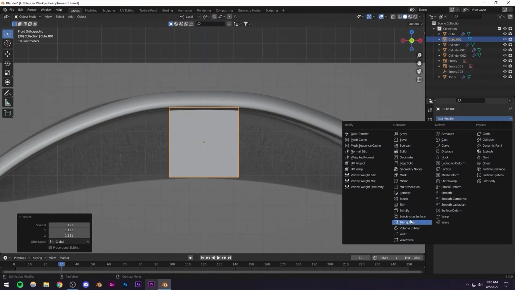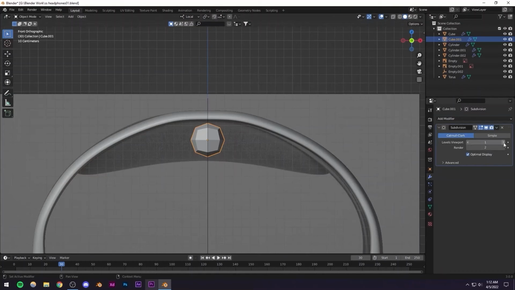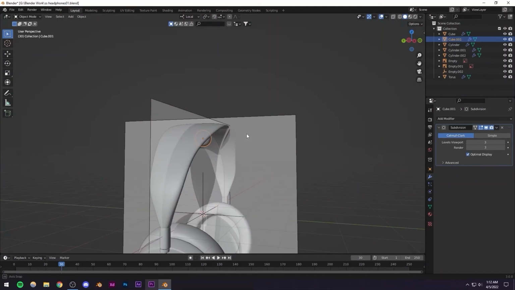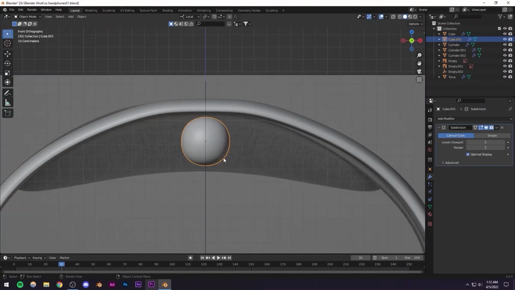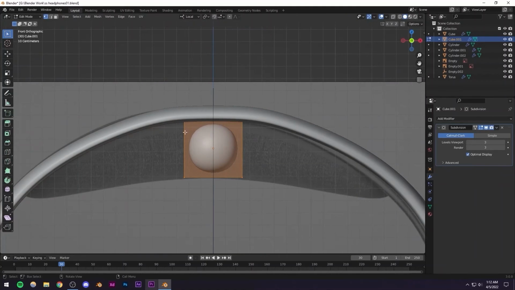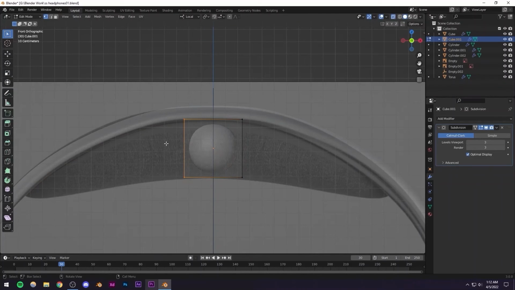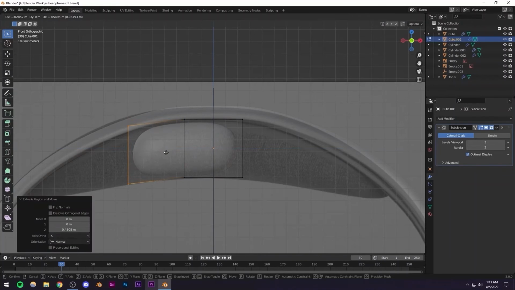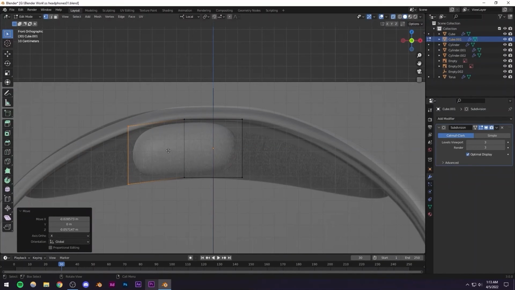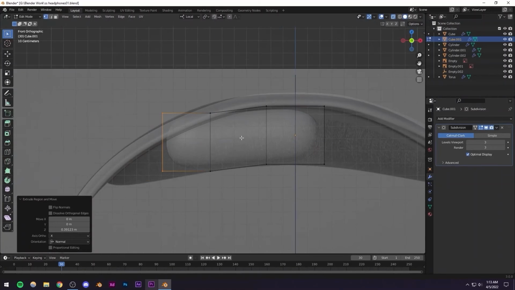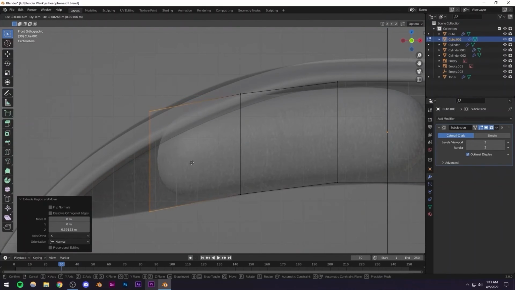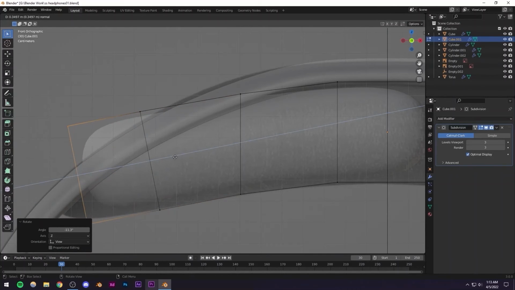And let's add a subdivision surface modifier to this. Let's make the levels 3, of course. Right click, shade smooth, and for this I'm just going to start working with the topology with these vertices. So I'm just going to be extruding this, something like that. Let's bring it down, extrude again, and I'm going to be bringing this down as well. Let's rotate it and extrude again,